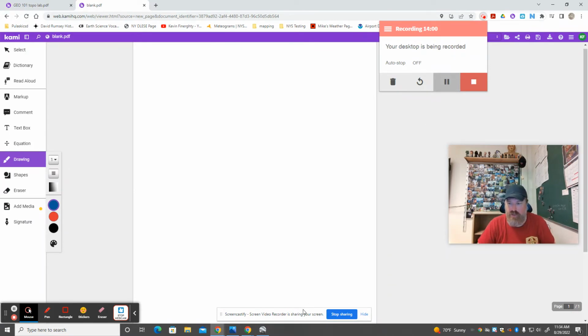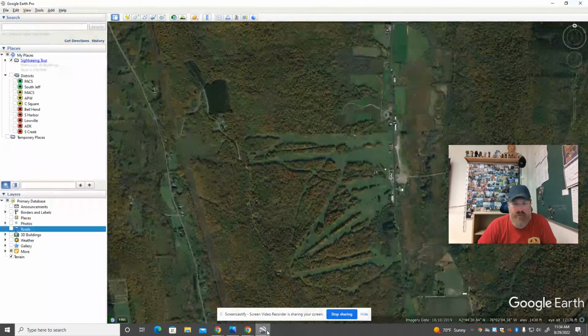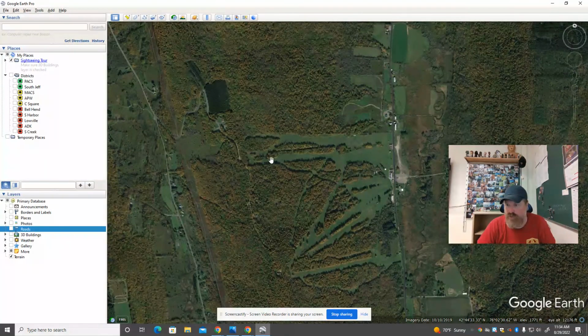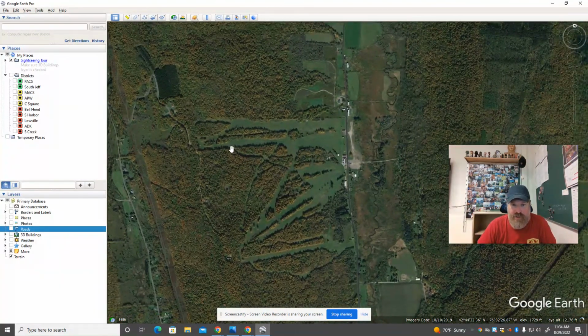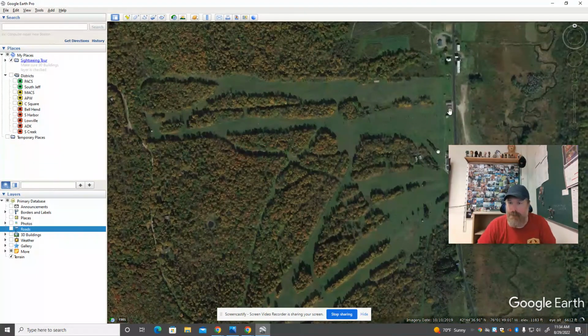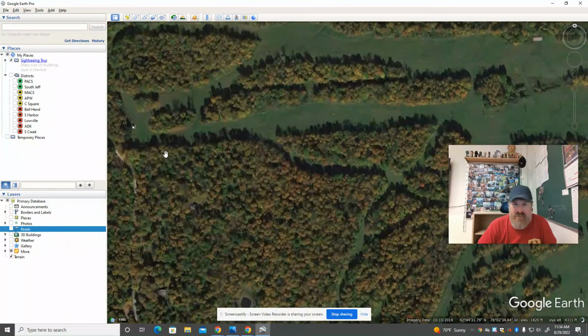How do you do one of these gradients? It's a mathematical measure of how steep a hill is. So I'm going to a ski slope in upstate New York. If anybody's a skier, and don't worry if you're not. This is Labrador Mountain. So if we were up at the top of Labrador Mountain, top of the chairlift,